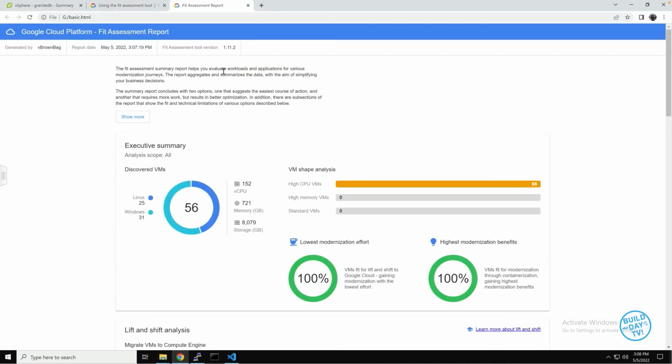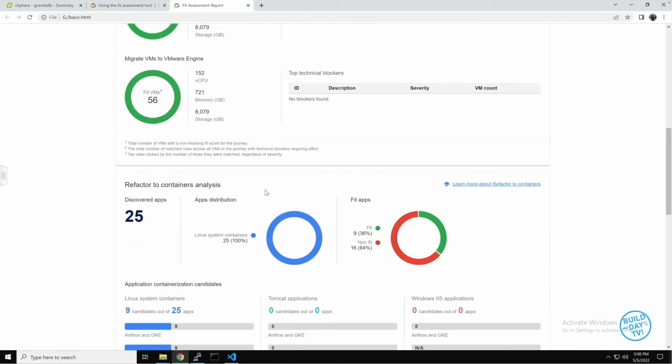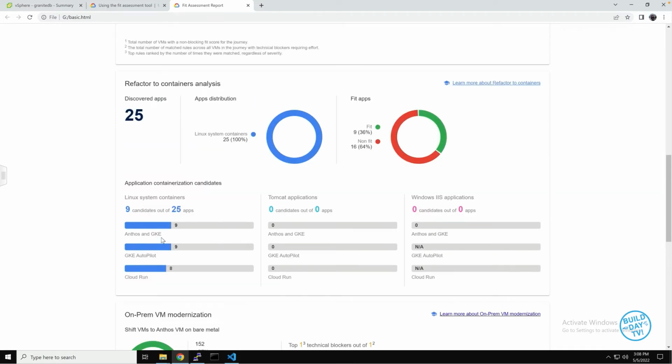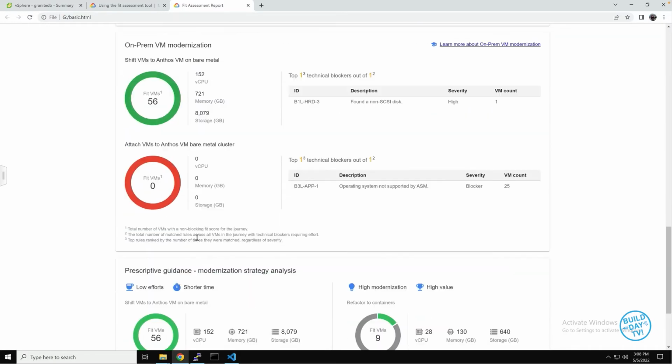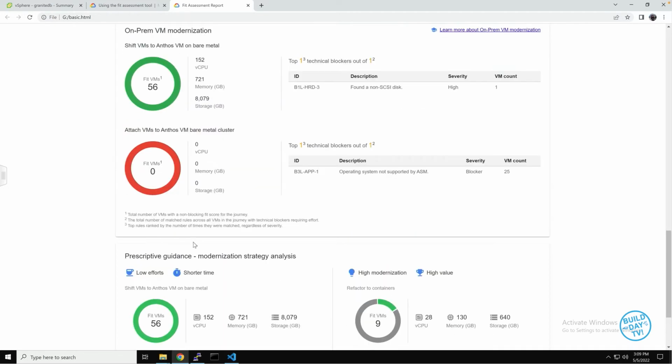And it says we've looked at 56 machines. We can see that there are roughly a 50-50 split between Linux and Windows, and we've got some modernization benefits in here. We've got some just overall analysis. We've got some details about the kind of places we could migrate to. So we can see some Linux systems that could be moved across to Anthos and Google Kubernetes environment. Looks like they could all go across onto Autopilot, and most of them could land on Cloud Run. We've got a bunch of other information in here, so good little bit of starting information, but this is just